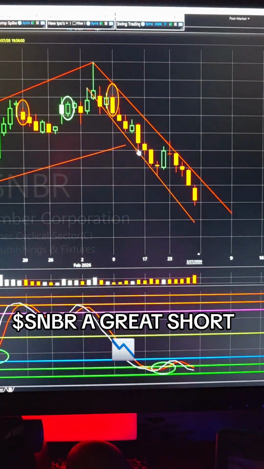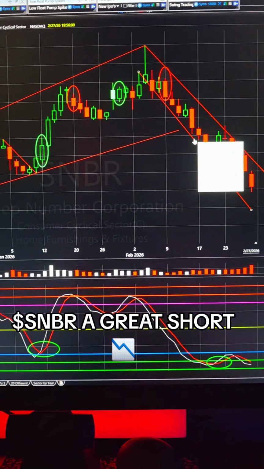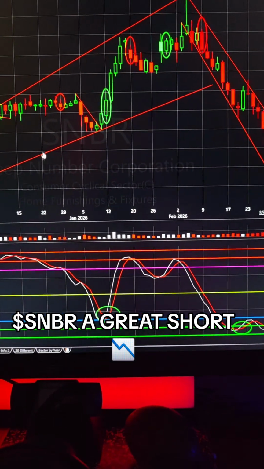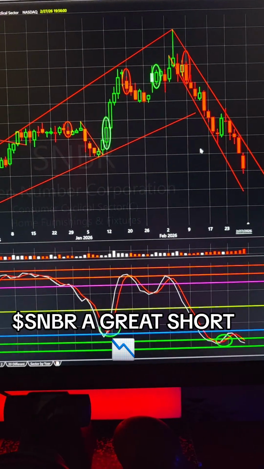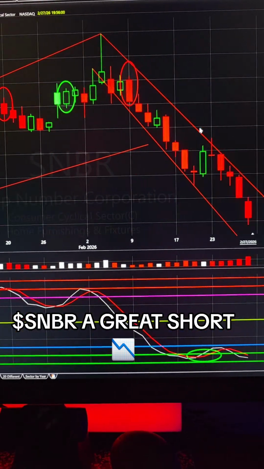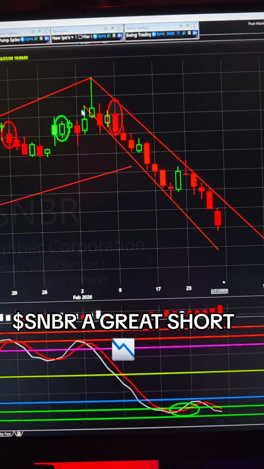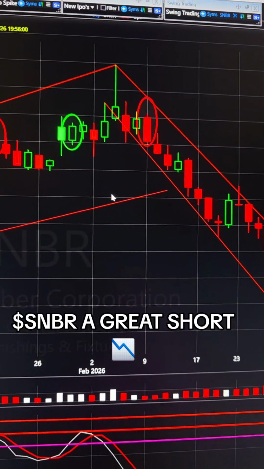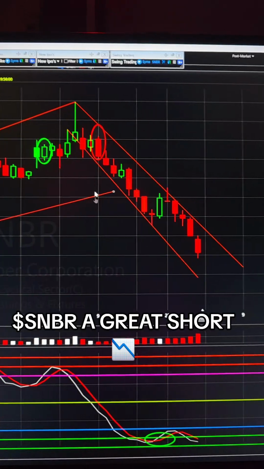So, this was a great short move. And you always want to look back on these moves. So you're swing trading however you do it. It is good to look back on these charts. That's why you want to back test. And it worked perfectly. Now, this is why I draw the lines, too. That's why I have a lot of trend lines. I don't use a lot of moving averages, 9, 13. I used to do that.